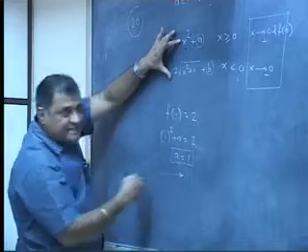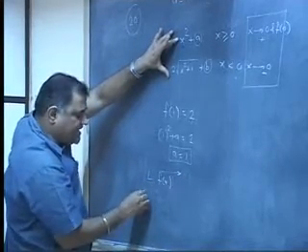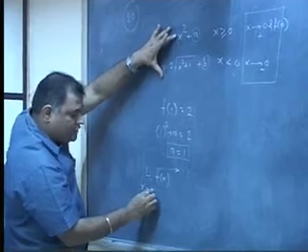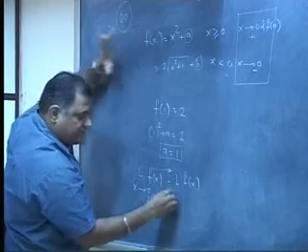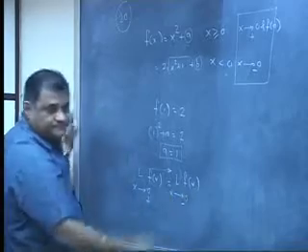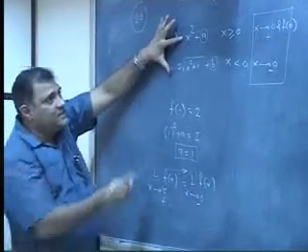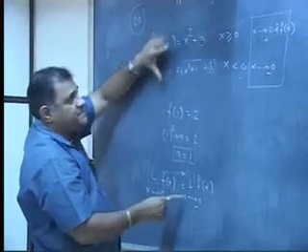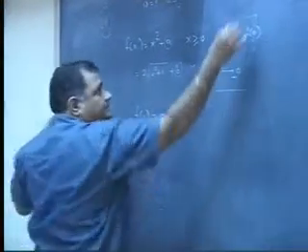So since the function is continuous, limit of fx as x tends to 0 from positive side must be equal to limit of fx as x tends to 0 from negative side. I have given you that the function is continuous. मतलब 0 from positive side must be equal to 0 from negative side. Okay. Now,